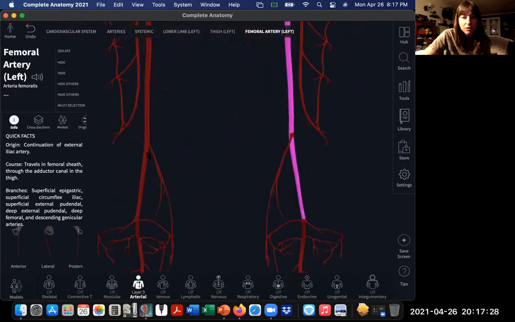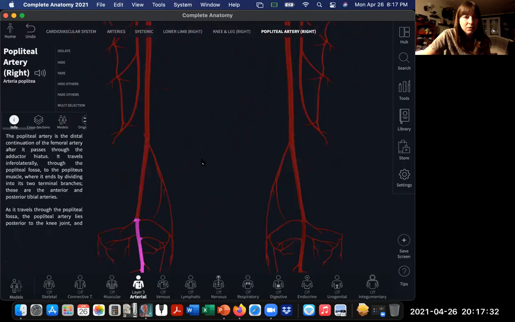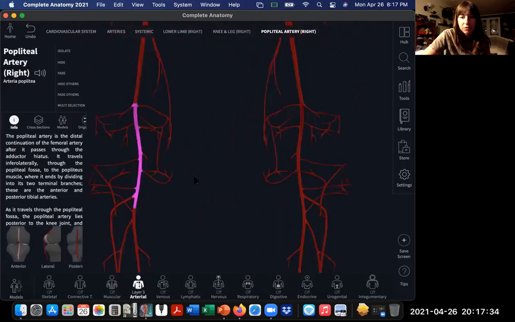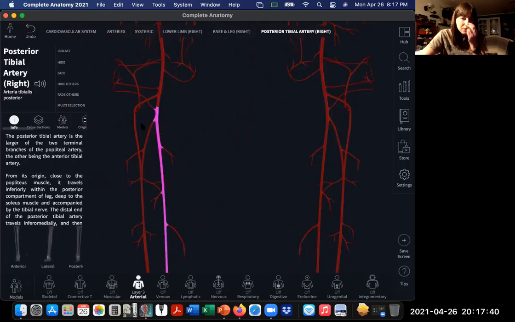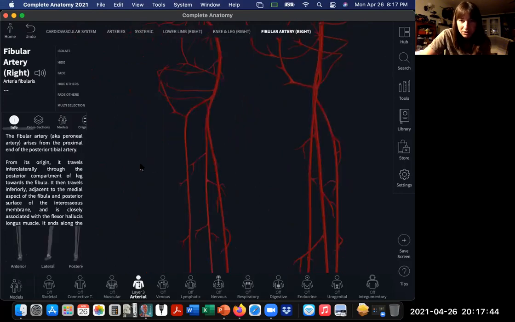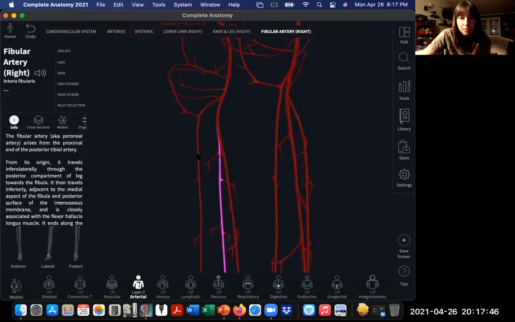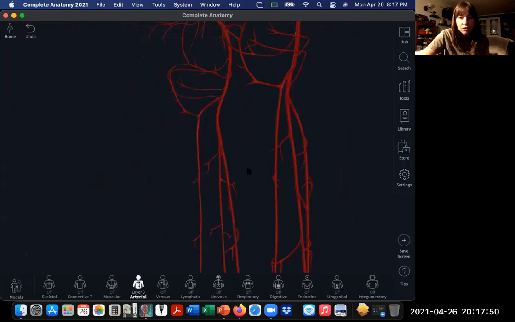Femoral comes down to behind the knee to become the popliteal. Look at all this blood flow happening at the knee for that joint. Part of it goes anterior. It's hard to tell which one is anterior, which one is posterior here. Okay. Branches off. One goes anterior, the other branch goes